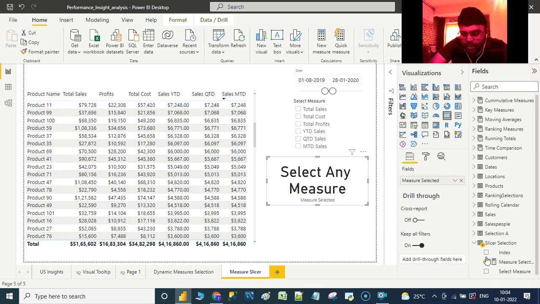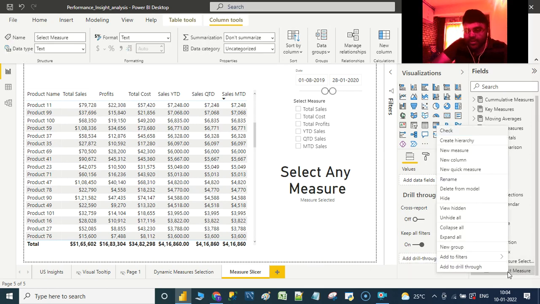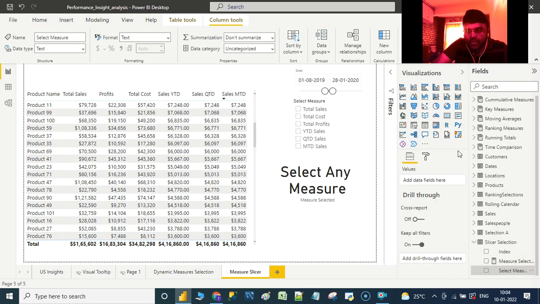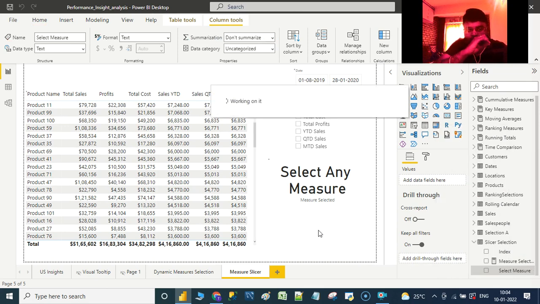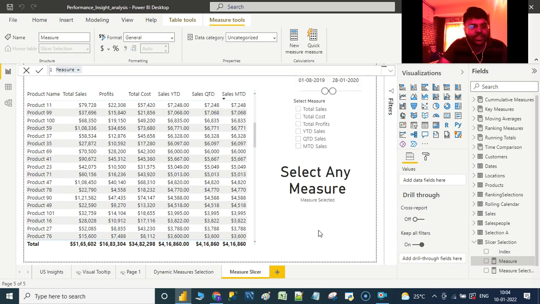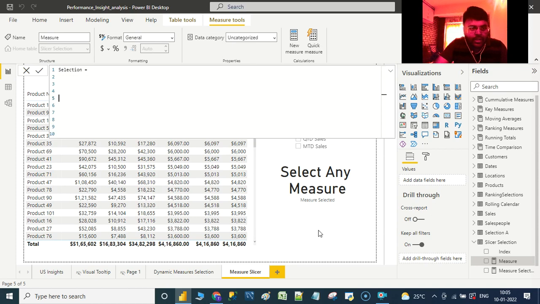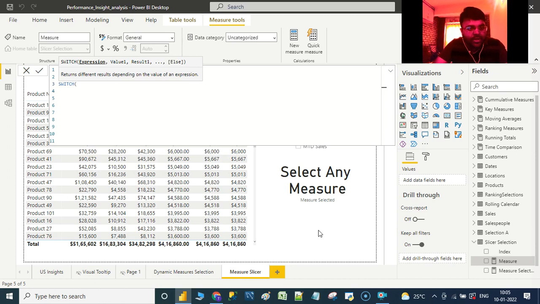In order to do that, we need to create another measure, and that particular measure depends on this measure. So let us create another measure and name it selection, equals to, now let us use a function called switch.